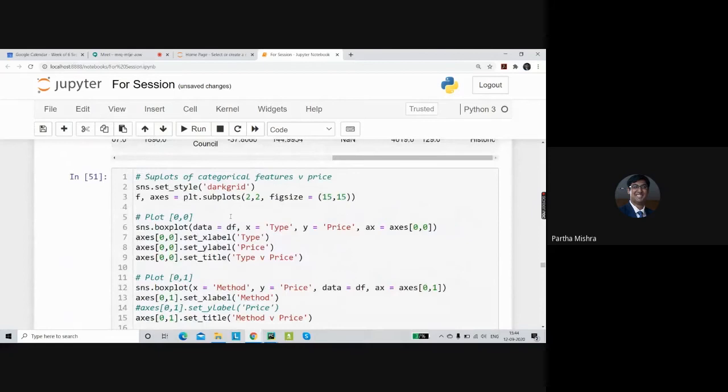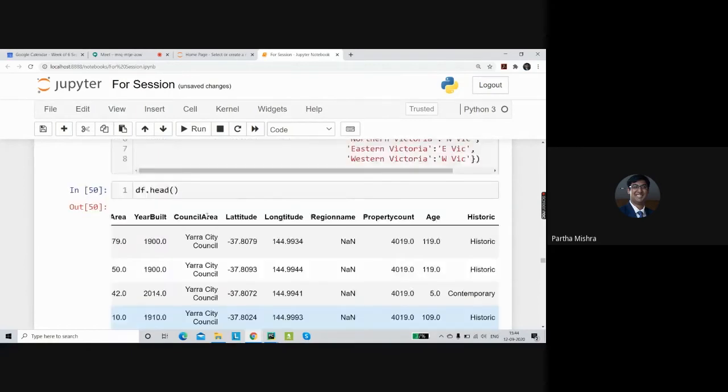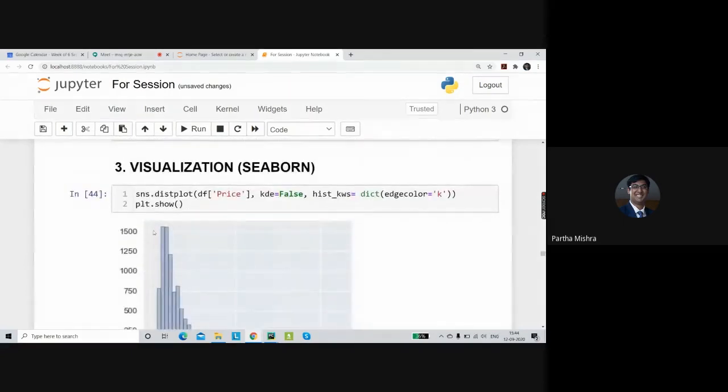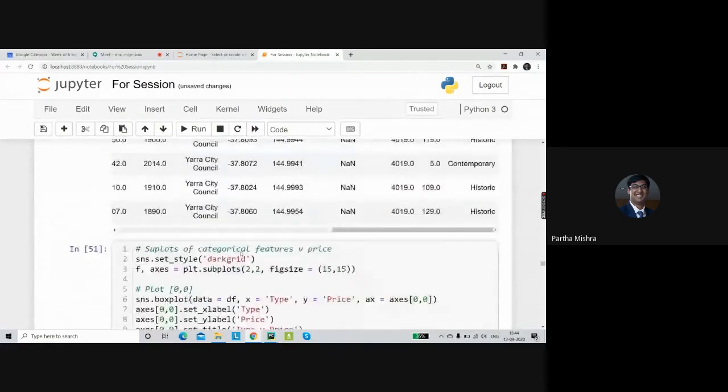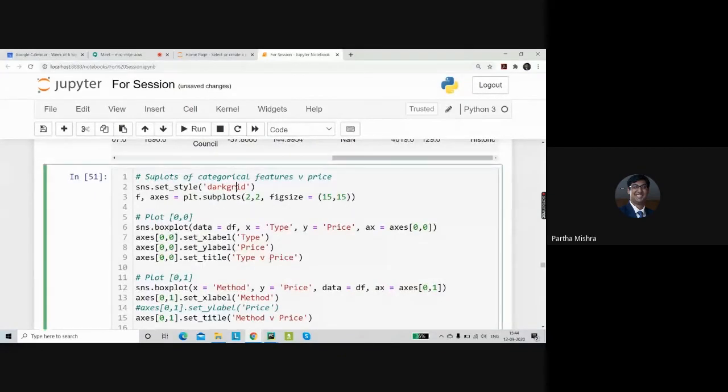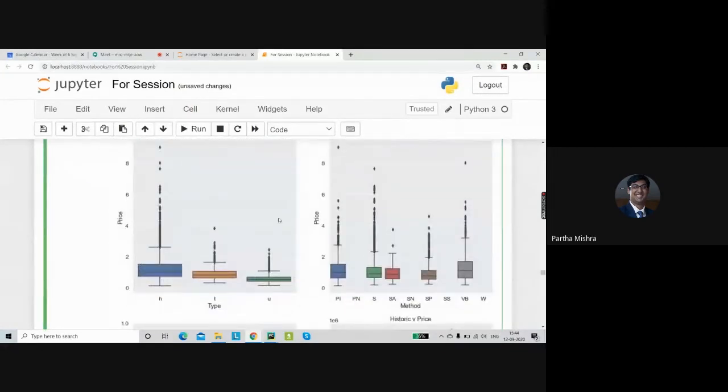So here, what we have done is, previously you would have seen that whenever we're plotting this graph, we are looking for a dark grid. That would make our lives easier when we're trying to study approximately what the value would be.